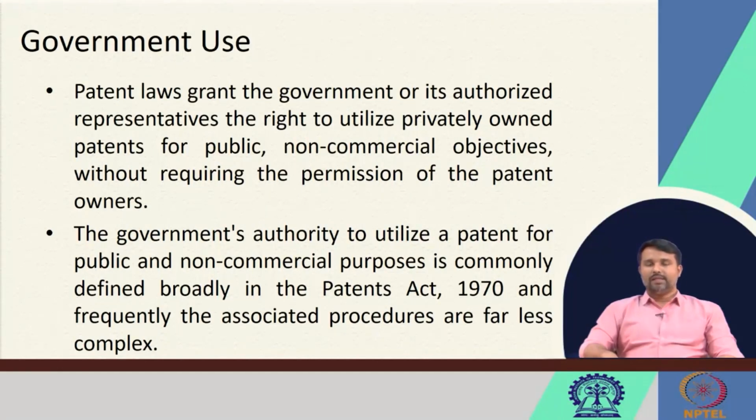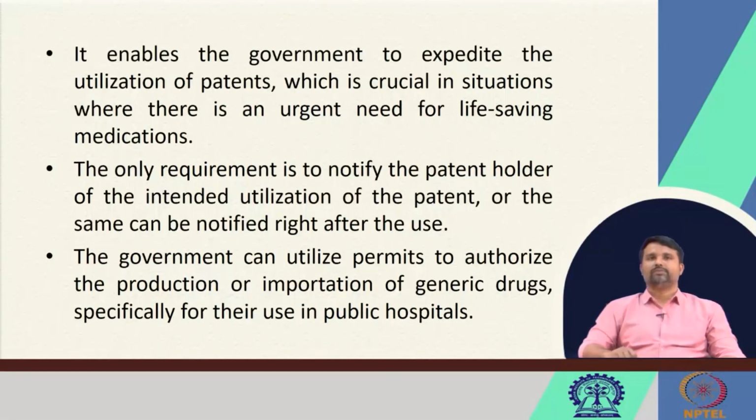So, when there is a scenario in which the government has to use the invention without permission from the patentee, the Patent Act 1970 has adequate provisions to enable the governmental use. It enables the government to expedite the utilization of patent, which is crucial in situations where there is urgent need for life-saving medications. So, think of a scenario where there is a pandemic and there is an urgent need for